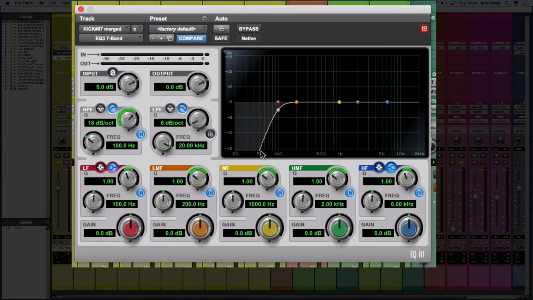But by the time we get to 50 hertz, we are now down at -18. That means the cutoff of those frequencies is much more aggressive, and it will do a maximum of 24 dB. So by the time we get to 50 hertz, we've already cut off 24 dB of background information. It's a really good way of cleaning up the audio,